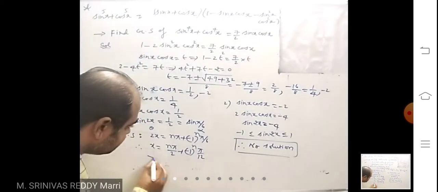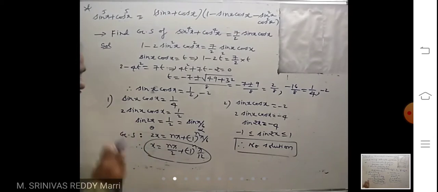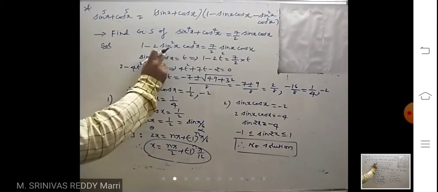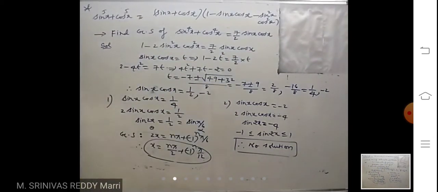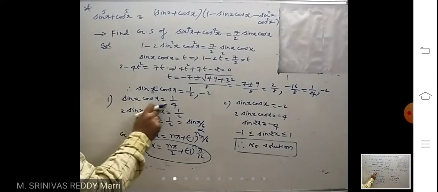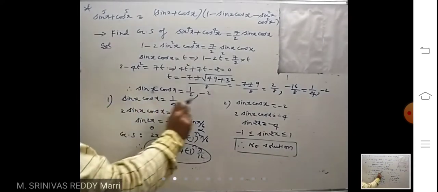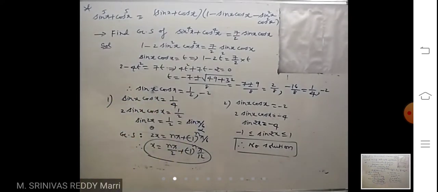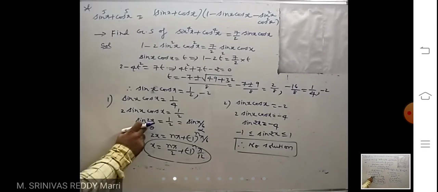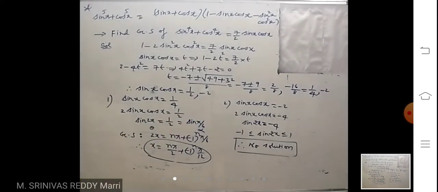Therefore the general solution is nothing but this; this is the only solution. Like that, you have to form a quadratic equation and then solve the t values, and then the t value is nothing but this one. Multiply with 2 on both sides, then you will get sin 2x equal to a constant. You convert it to the form sin theta equal to sin alpha, right?